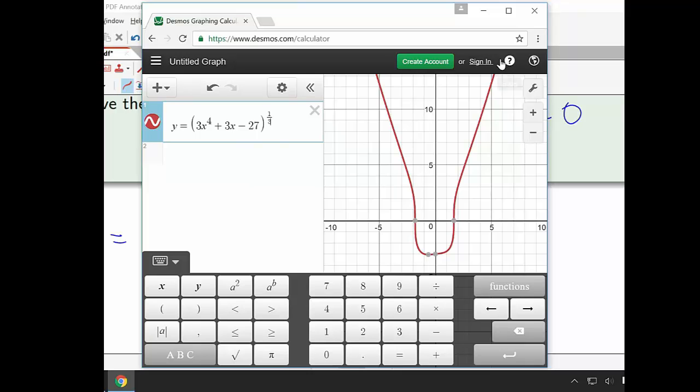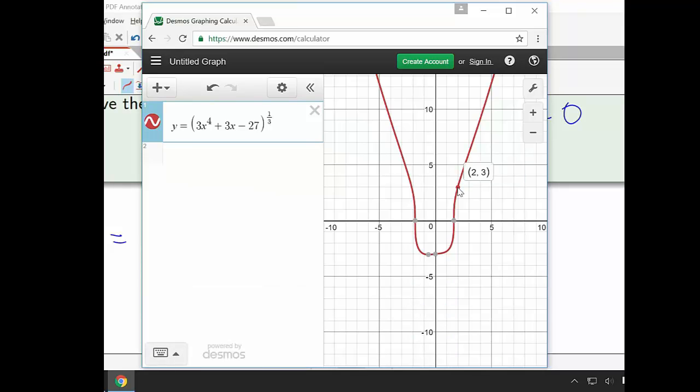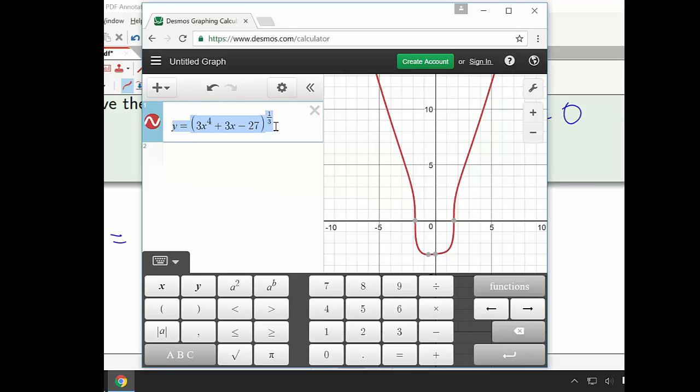And since the initial condition tells us that y of 2 equals 3, it means that y has to be positive, and which really means that